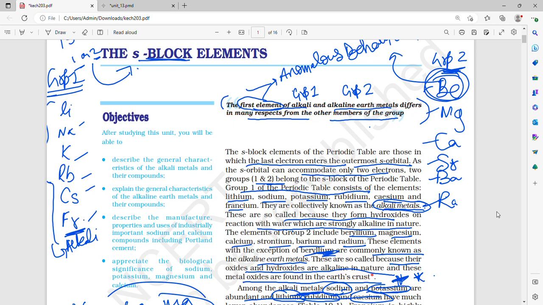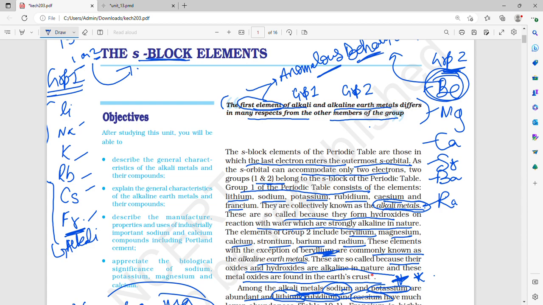The first elements of the alkali and alkaline earth metals, group 1 and group 2, that is lithium and beryllium, differ in many respects from the other members of the group. Group 1 elements are called alkali metals and group 2 elements are called alkaline earth metals. They both show properties which are different from the other members of their group, therefore we can also call it